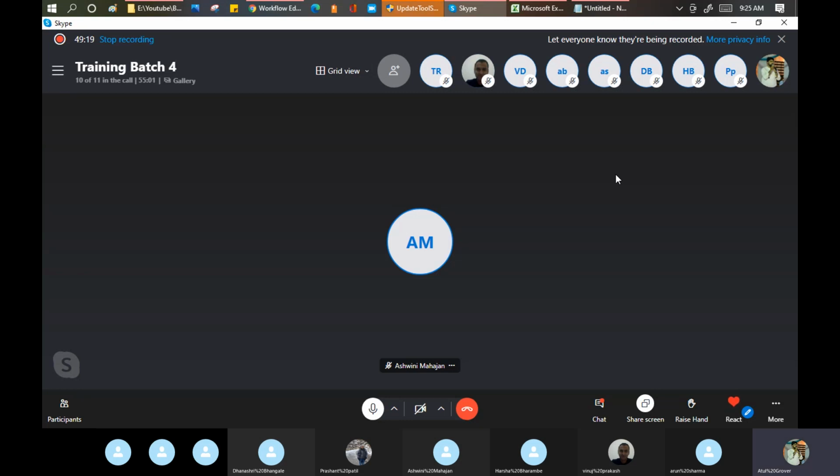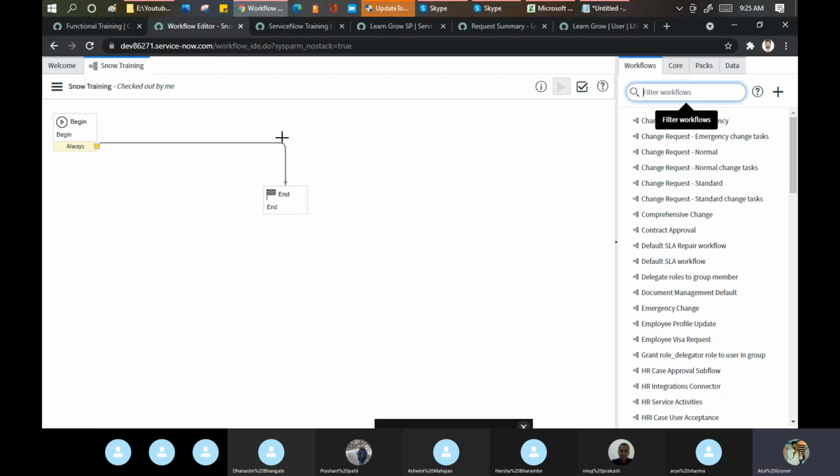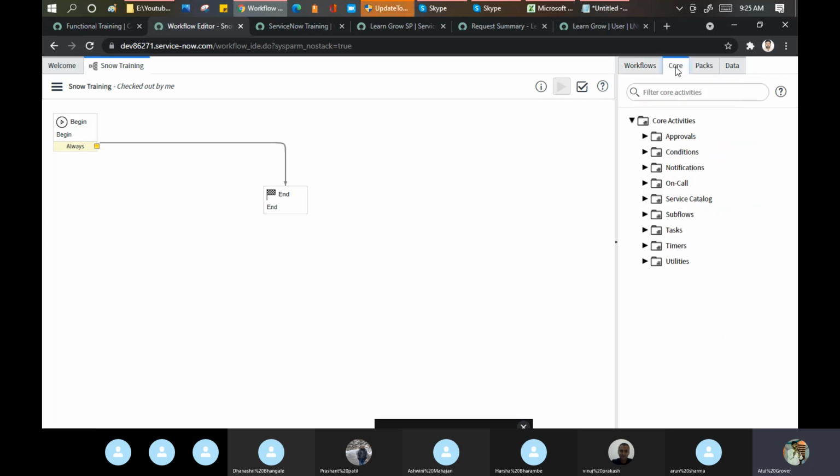Okay. If no doubt, no question, then all these points which we discussed now need to be configured in our workflow. When I open this workflow, nothing is mentioned, no begin and end, nothing is there. There is a concept called the core workflow activities.